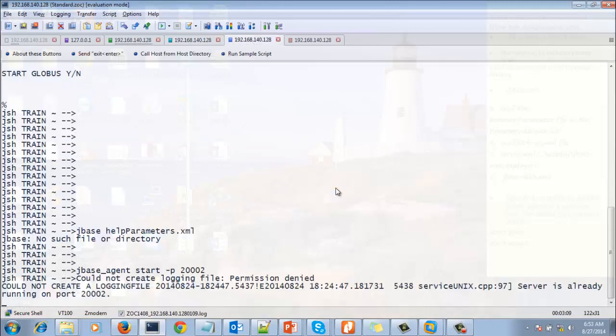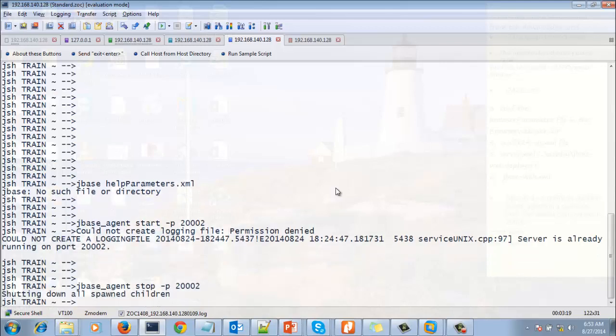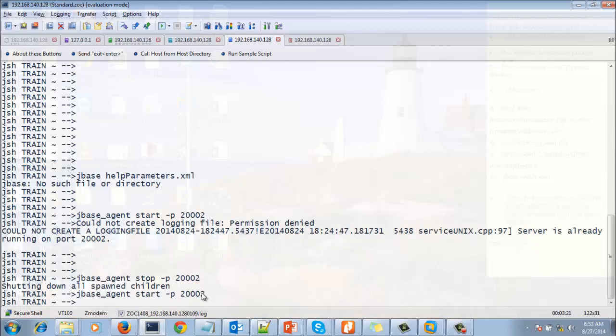So we may just want to kill this one so that we can start it again. So we can stop it first, since it said it started on another. So we are starting it,